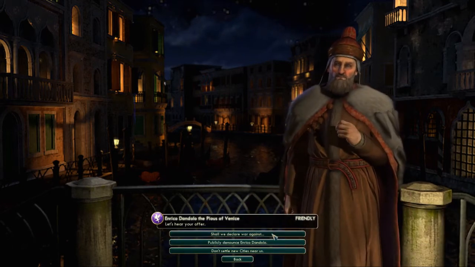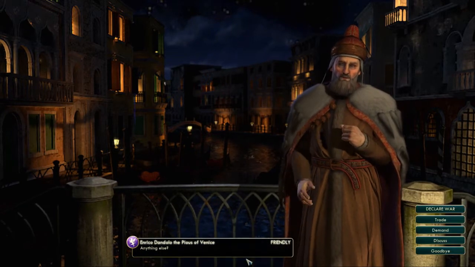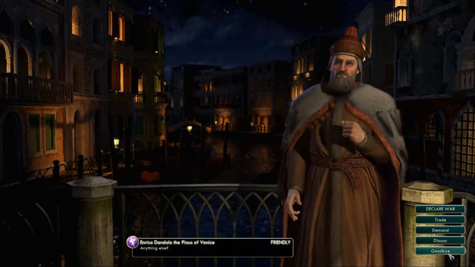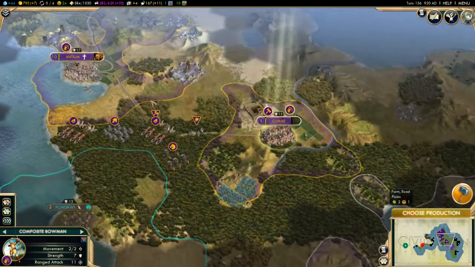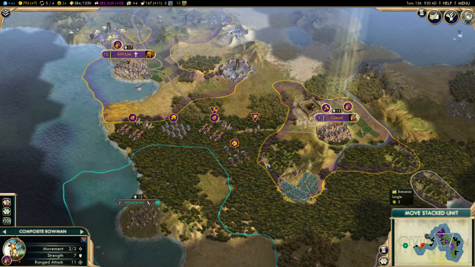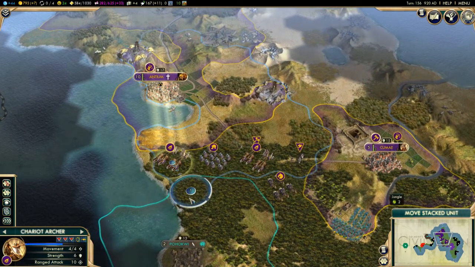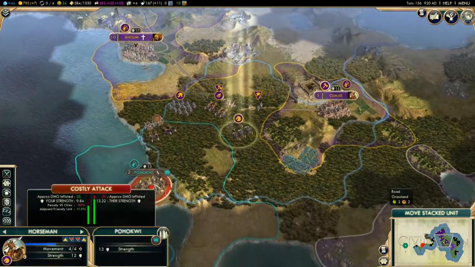So, shall we declare war against Pocatello? Huh, so you don't want to do that? I might be angry with you. Well, I guess they don't have any army, so that's why. Okay, let's actually arm some men, and let's try to lay siege on the city. I'm currently focused on...